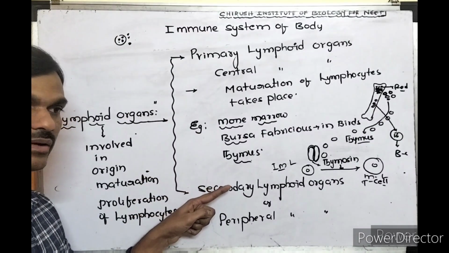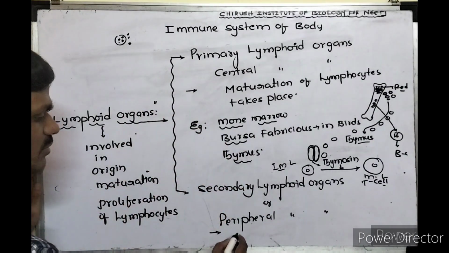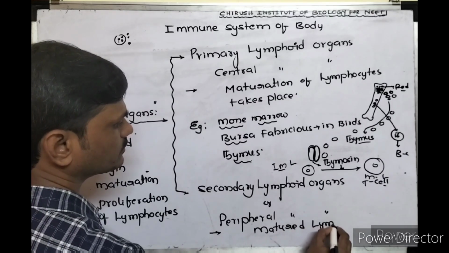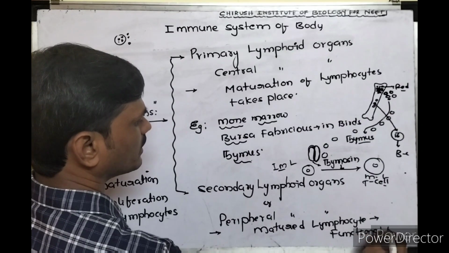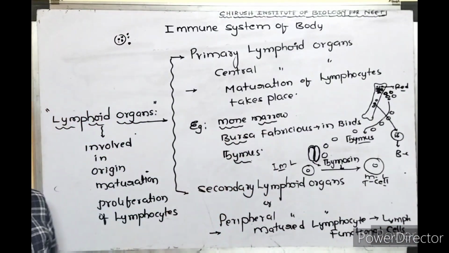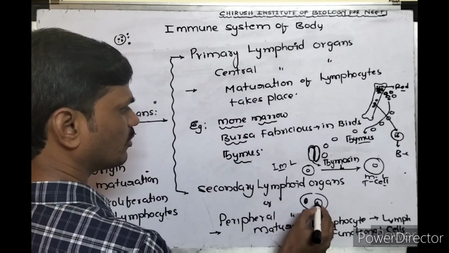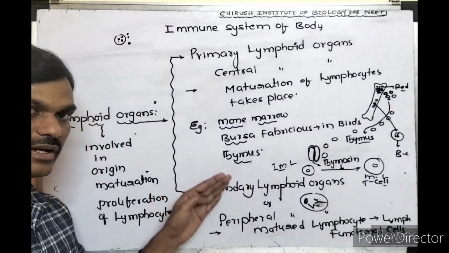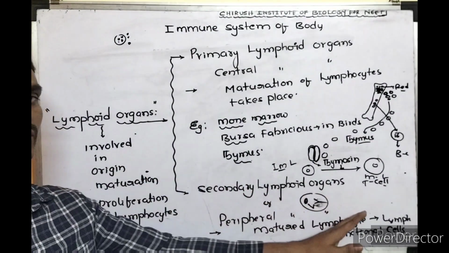Secondary lymphoid organs are lymphoid organs where matured B cells, matured lymphocytes are transformed into functional lymphocytes. Matured lymphocytes are transformed into functional B cells. Functional cells are lymphocytes. Simply, secondary lymphoid organs provide a site for the interaction of antigen and antibody, and help. This is a location or site where antibody reacts with antigen and cells differentiate and proliferate into effector cells or